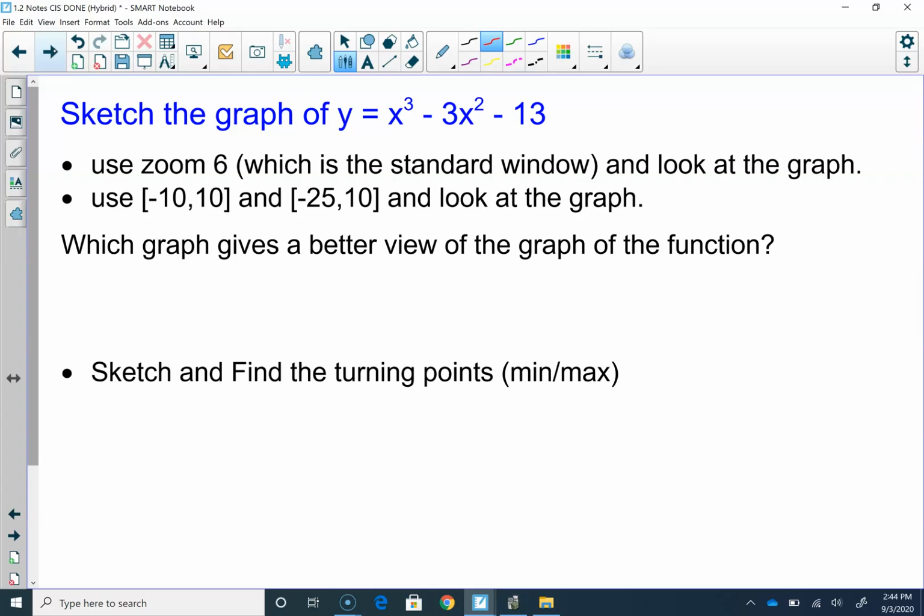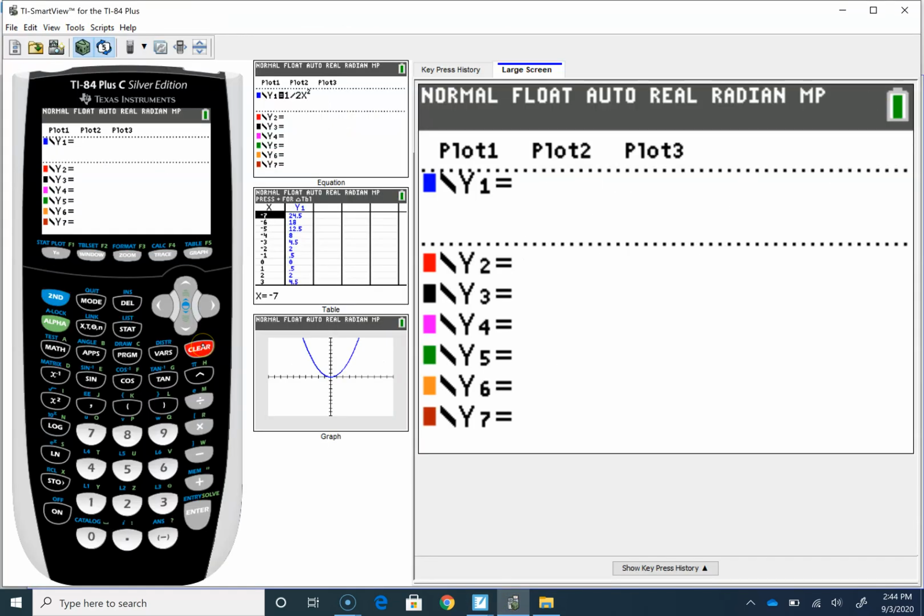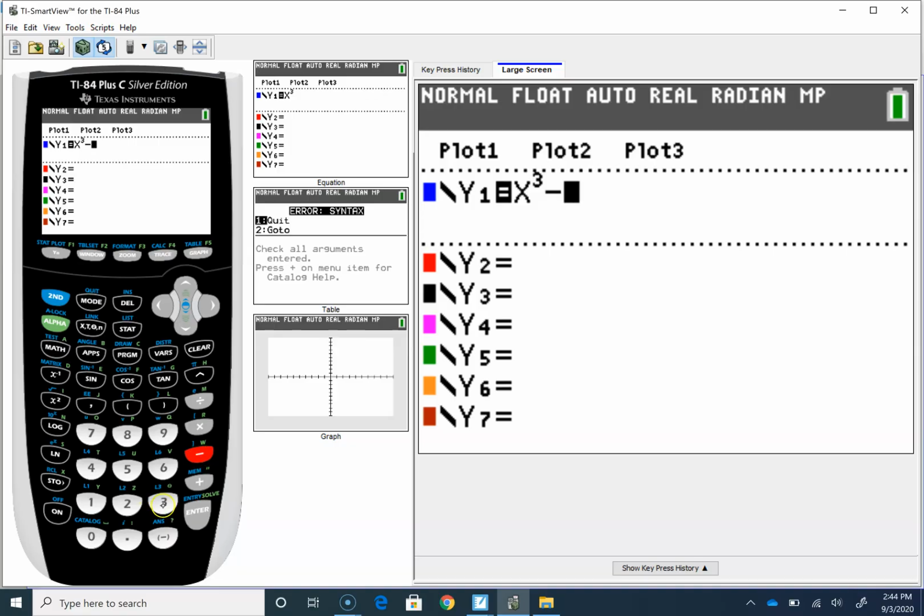Okay, let's sketch this graph on our graphing calculator, and then we're going to follow the directions on this one. So if we go to our calculator again, we're going to go to the y equals, we're going to clear that out, and we're going to type this one in, which was x, and then we're going to do the caret key because it's raised to the 3rd power. Some of your calculators, depending on the version, will already be down in the base, but I have to arrow over one so it drops down so I can put the minus sign, make sure it's the minus sign, 3x squared